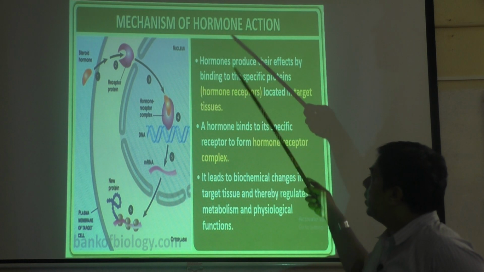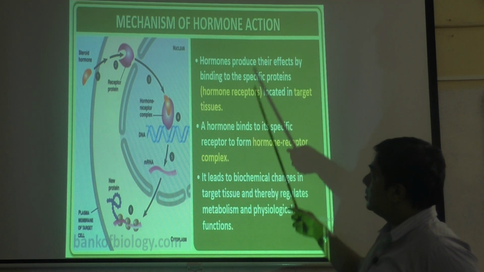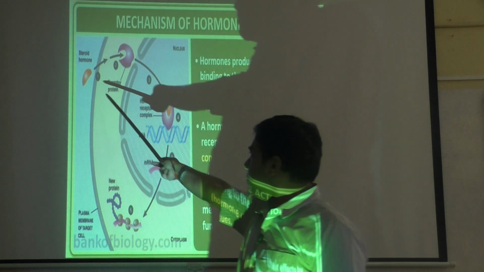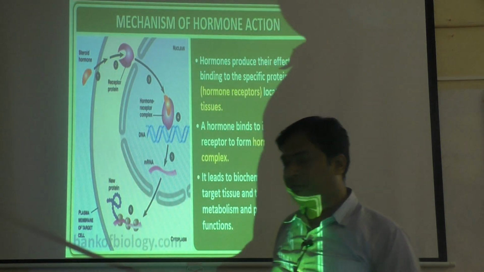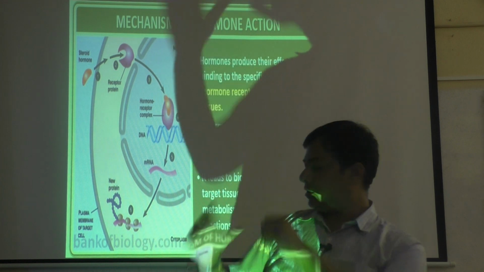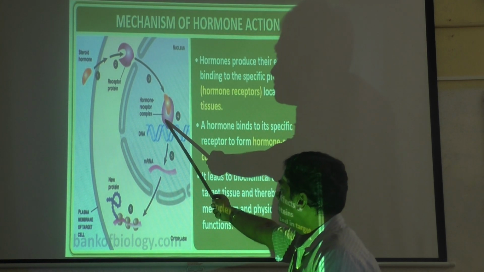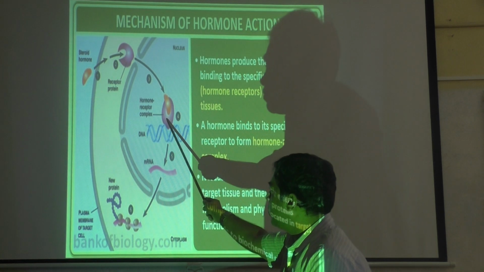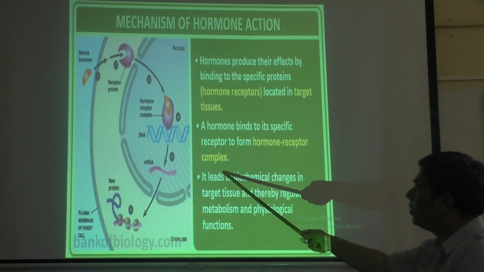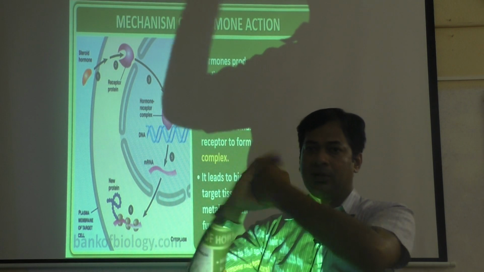So why does one type of hormone work only on that type of organ? Because the shape of the receptor should be exactly opposite. You see here, this is a hormone and this is a receptor. They have exactly opposite shapes, so it binds exactly like this. You can see that binding here. This orange color part is the hormone and this is the receptor. So it formed a hormone receptor complex. The hormone binds to the specific receptor and forms a hormone receptor complex.